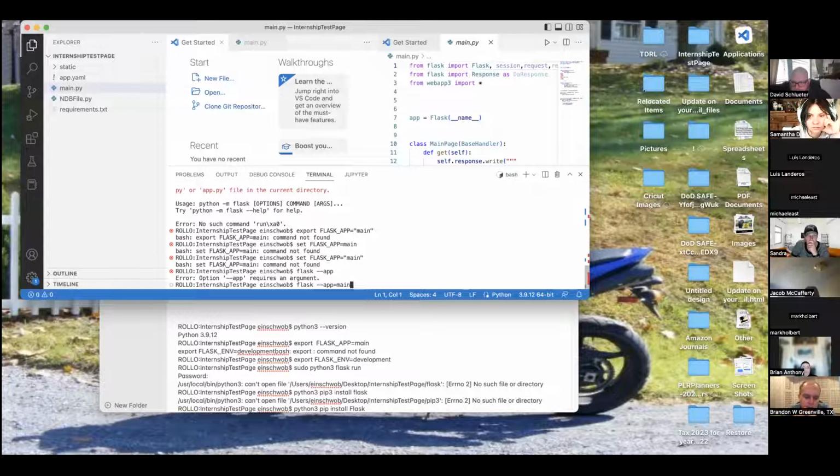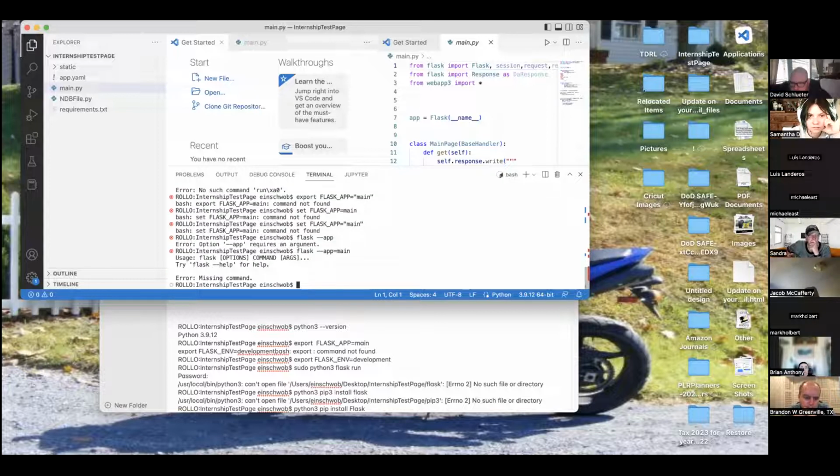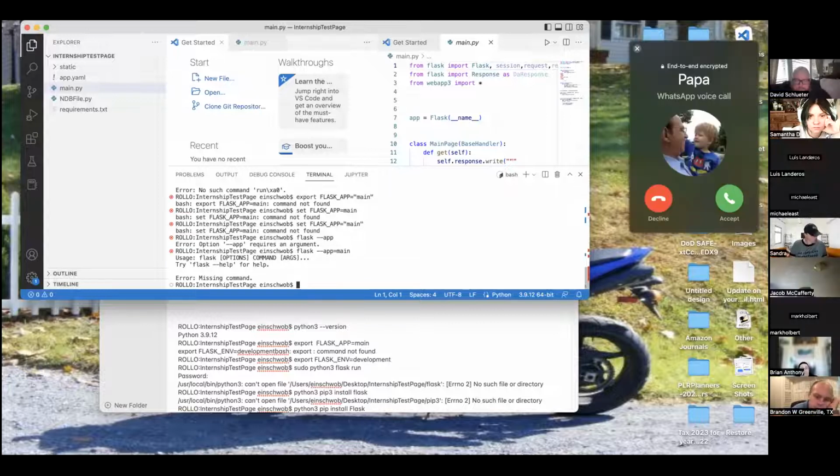Just like that. Enter. Missing error, missing command. Okay. Okay, do flask space --